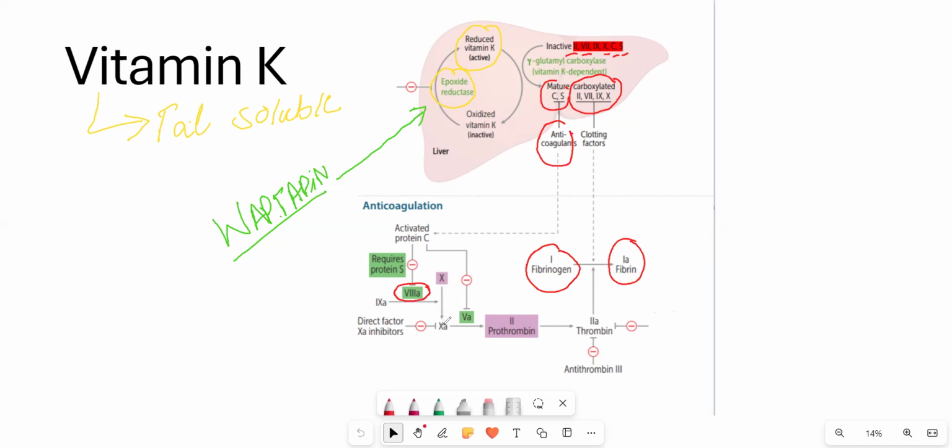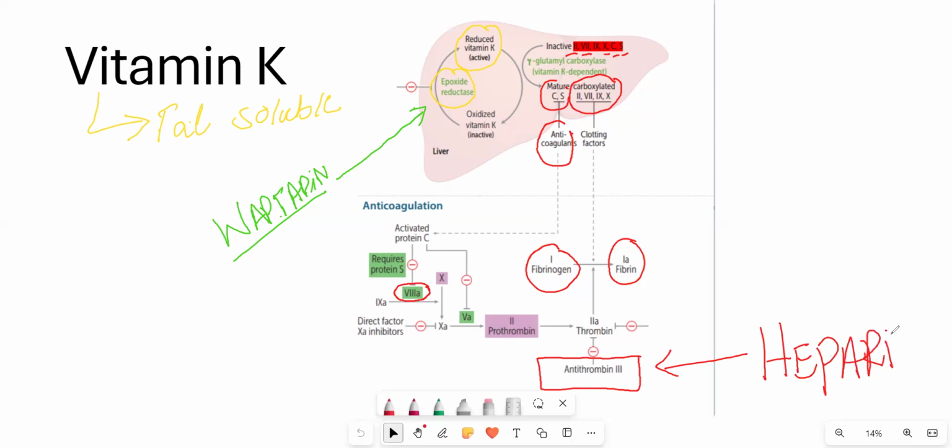So if this is inhibited, factor 10a conversion is affected. Factor 10a is important for the conversion of prothrombin, that is clotting factor 2, into activated factor 2a, right? So again, antithrombin is very important. Antithrombin is a target for heparin. So heparin is again a very high yield drug. Heparin inhibits factor 2a as well as factor